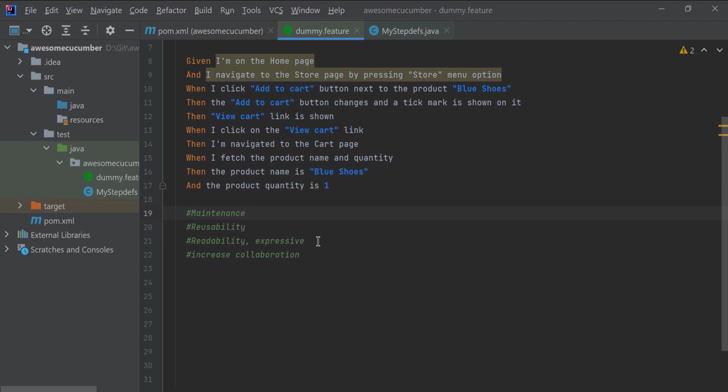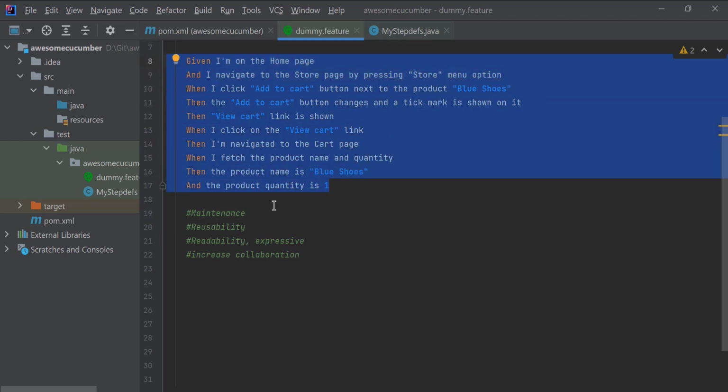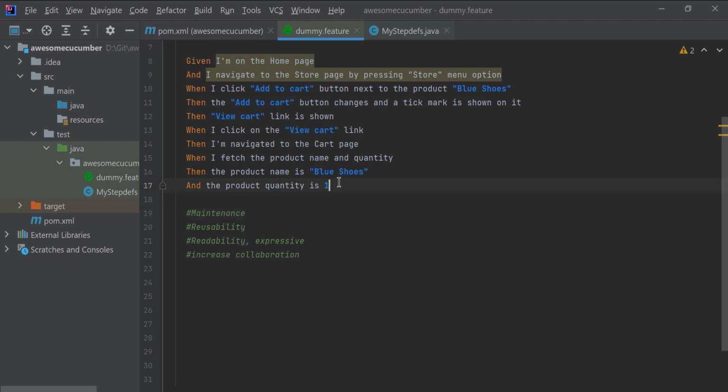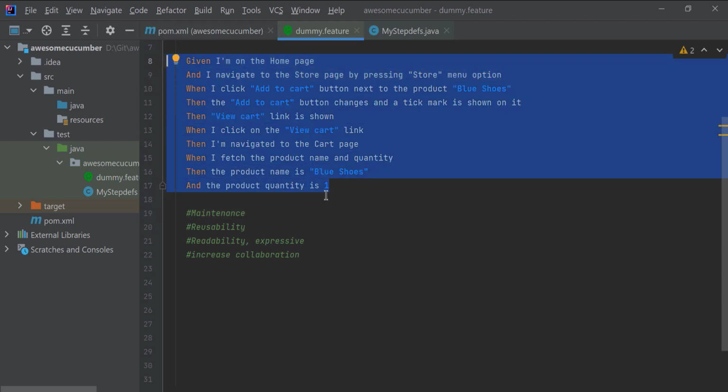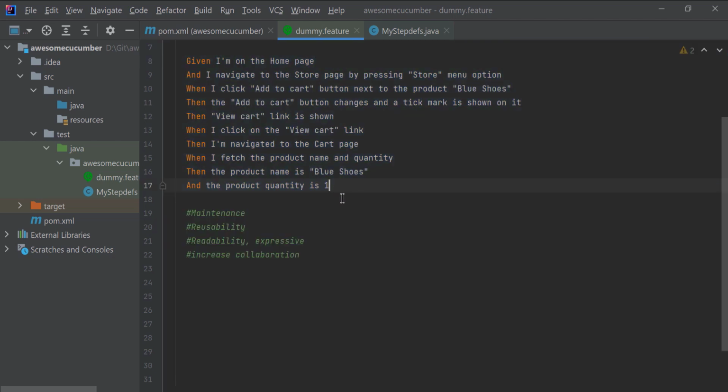Practically, the application will undergo a lot of changes. In some projects, that can happen within a day. So you should be prepared for that. If you write a scenario that changes only when the requirement changes and not when the implementation changes, then such scenarios can have very little maintenance. But if you write a scenario in this manner that can change for every minor UI change, then it will be a maintenance nightmare.